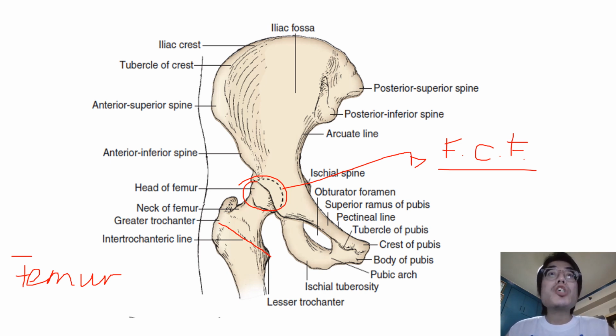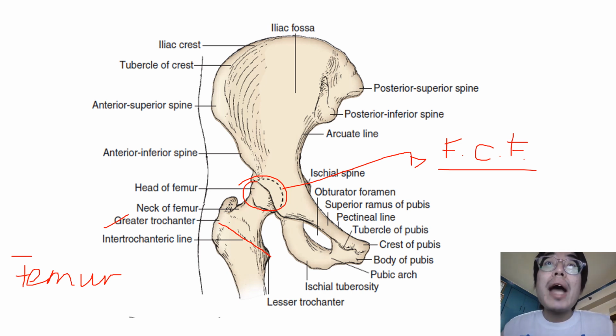The intertrochanteric line is actually the connection between the greater and the lesser trochanters, which are protrusions in the femur. The greater trochanter projects upward from the junction of the neck with the shaft, and it is the insertion of the gluteus medius and minimus, the piriformis muscle, and the obturator internus muscles. The greater trochanter receives the obturator externus tendon on the medial aspect of the trochanteric fossa.